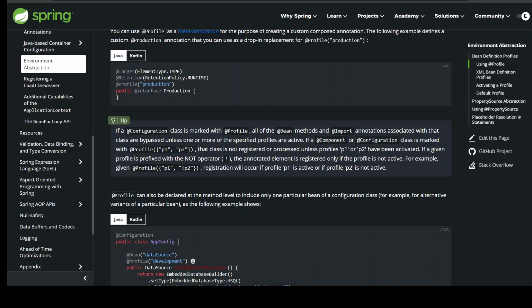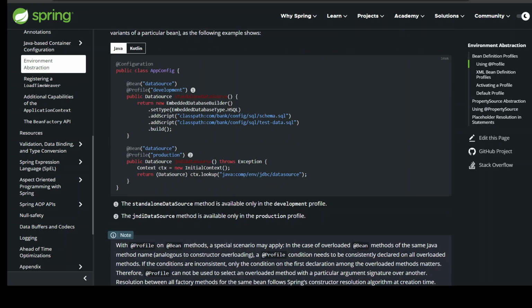@Configuration public class AppConfig. @Bean @Profile("development") public DataSource standaloneDataSource() { return new EmbeddedDatabaseBuilder().setType(EmbeddedDatabaseType.HSQL).addScript("classpath:com/bank/config/sql/schema.sql").addScript("classpath:com/bank/config/sql/testdata.sql").build(); }